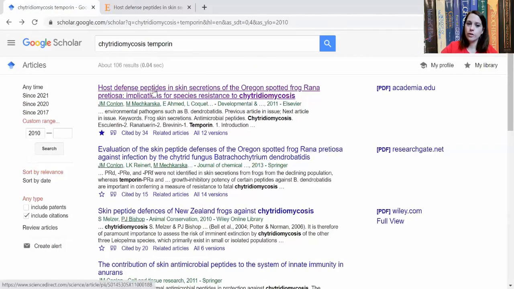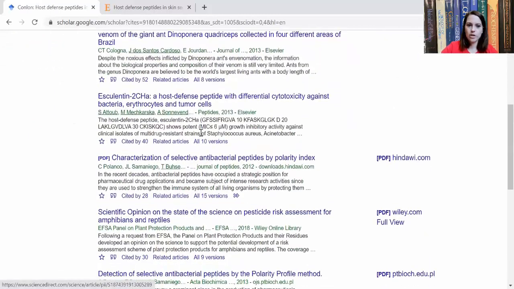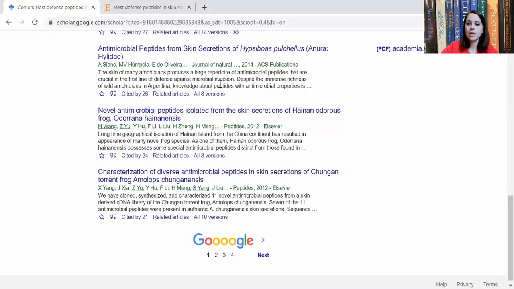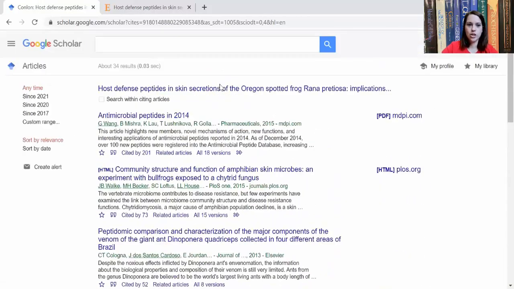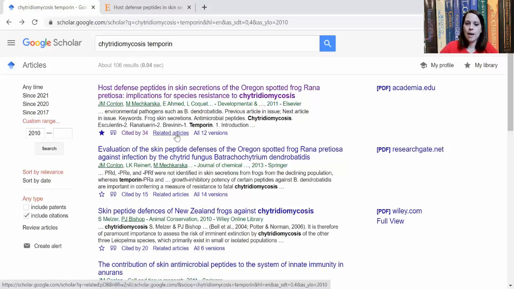Also, if you know you're interested in this paper, you can click on Cited by 34, and these are all of the other papers that have cited that one. And so if that first one was of interest to you, some of these might also be interesting to you. So that's another way to find papers that are on a topic of interest. You can also click related articles, which again is going to bring up scientific peer-reviewed articles that are related to